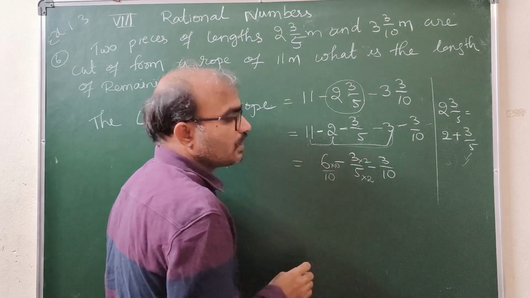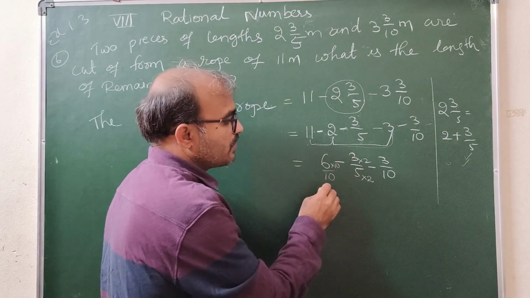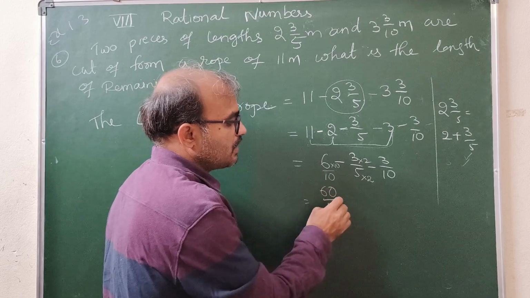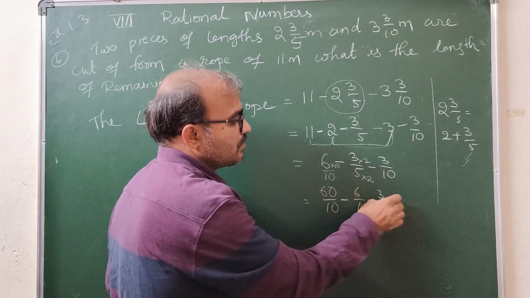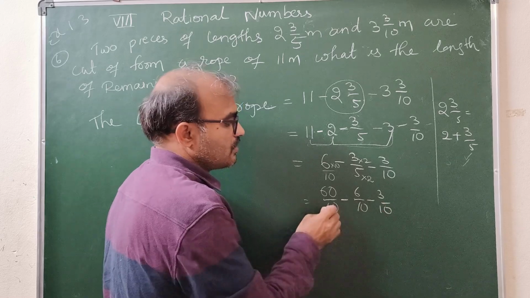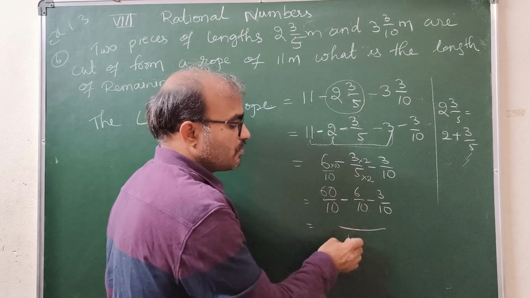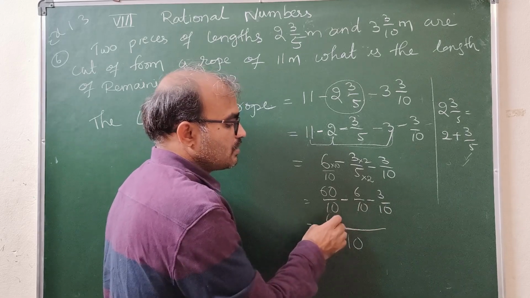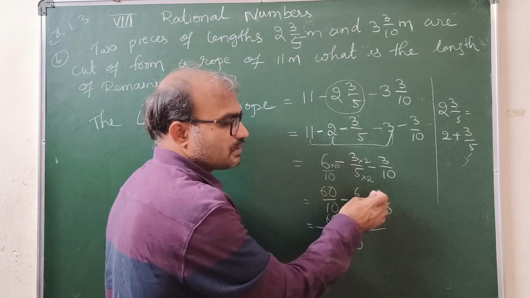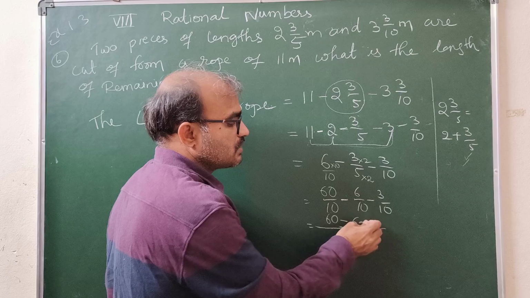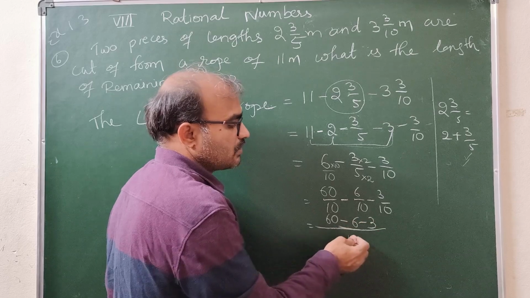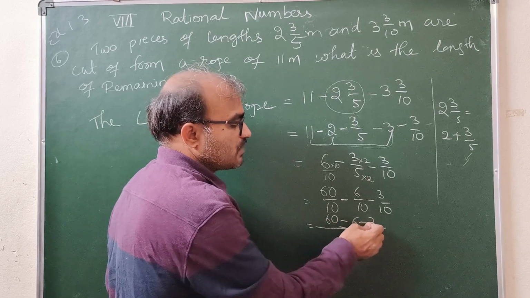Here also we need denominator 10. So it will become 6 tens, 60 by 10, minus 6 by 10, minus 3 by 10, right? So now denominators are same. Now write the same denominator and do whatever operations there are in the numerator. 60 minus 6 minus 3 is